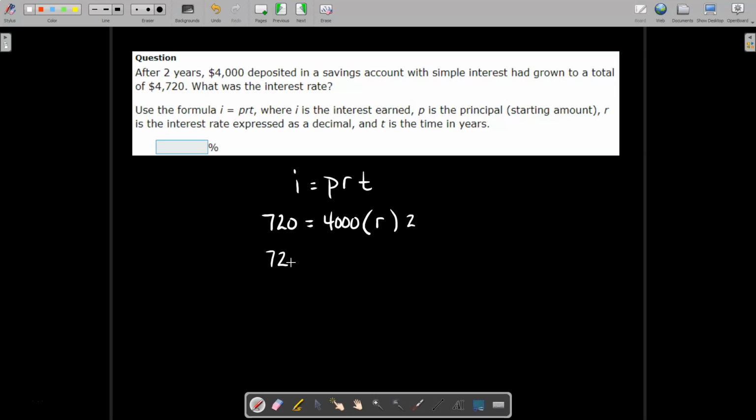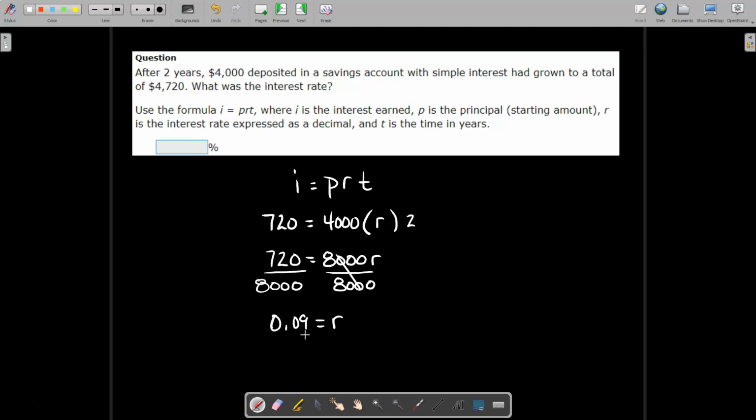So let's bring the 720 down. Let's do the 4,000 times the 2 times R. I think we can handle that one. That's 8,000, and now we're going to have R for rate. Now we basically have a one-step equation. Let's divide both sides by 8,000. 8,000 is the number we want to get rid of to isolate the variable R. What we do to one side, we're going to do to the other. The 8,000s are going to cancel each other, leaving us with R on the right. And 720 divided by 8,000 is